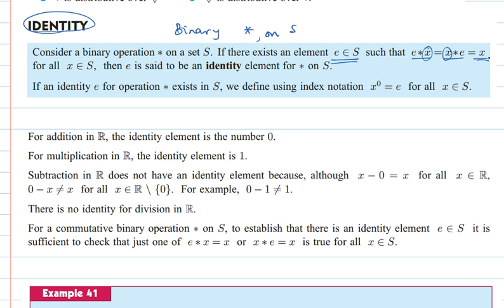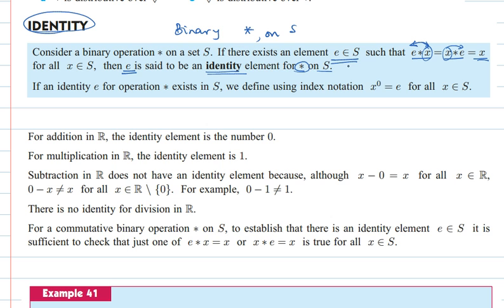unchanged, and this is always commutative. That is, it doesn't matter where you put it in the order of the operation here. It can be before or after the element. If and when that happens, then the element E is said to be the identity element for the operation star